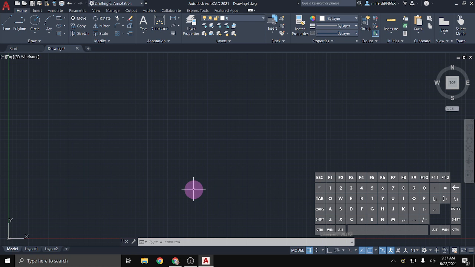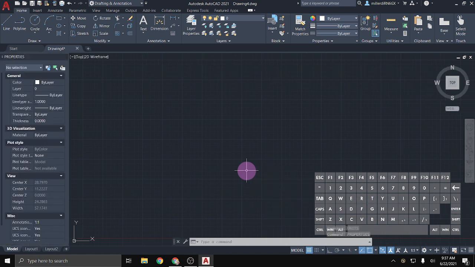Next, we'll look at the properties bar, which I'm going to recommend you keep open the entire time you use AutoCAD. The properties bar is a big part of your certification exam that you're going to be taking at the end of this course for your final. So it would be beneficial to get used to having it on the screen and how to access it. To open up the properties bar, you're just going to type in the word properties and then hit the enter key. This will open the properties bar on the left side of your screen,